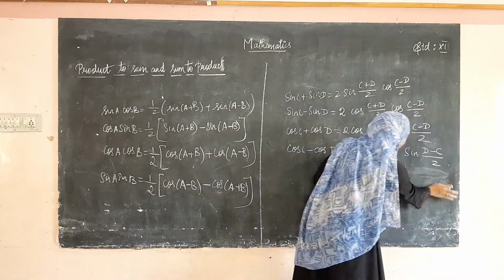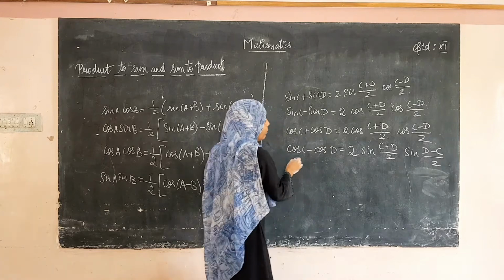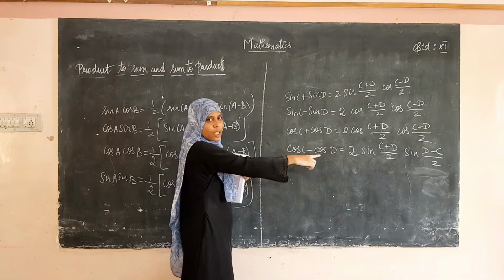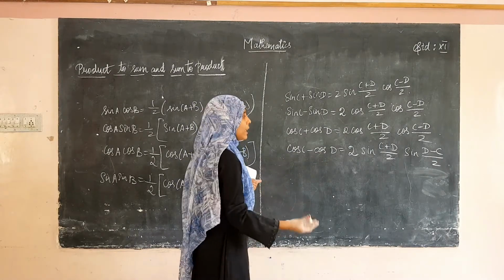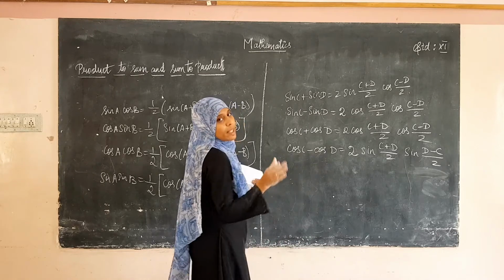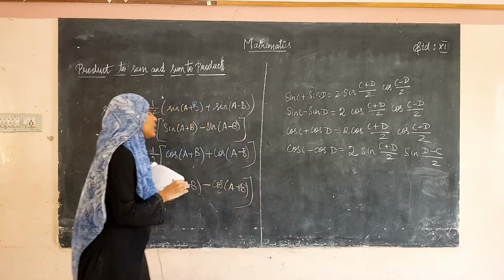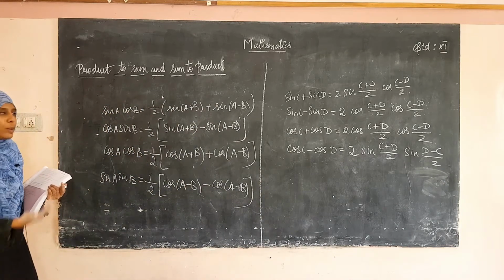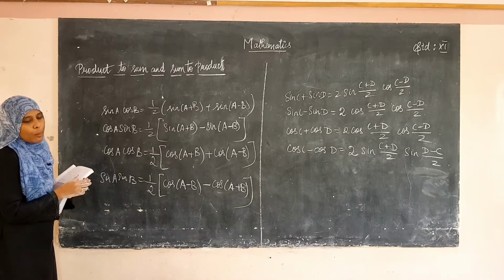If you are writing it as D minus C, no problem. If you are writing it as C minus D, only in this formula, that is cos C minus cos D, only in this formula you have this term sin((D−C)/2). It is not C minus D, it is D minus C divided by 2. So these 8 formulas are very important for solving the sums in this exercise. So you have to mug up all these 8 formulas without fail.